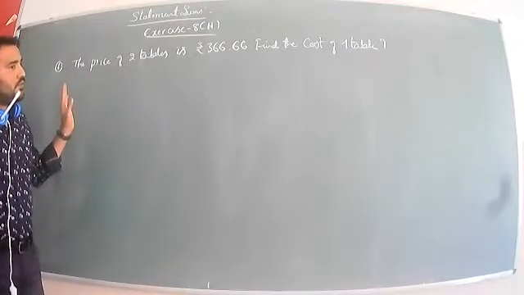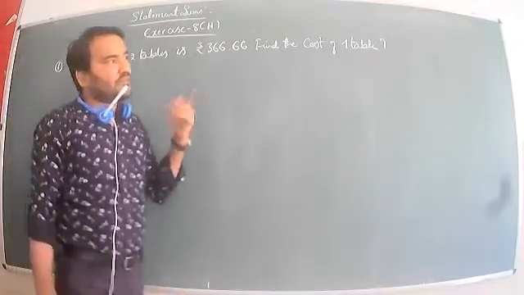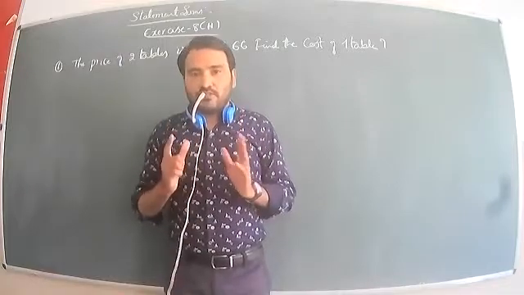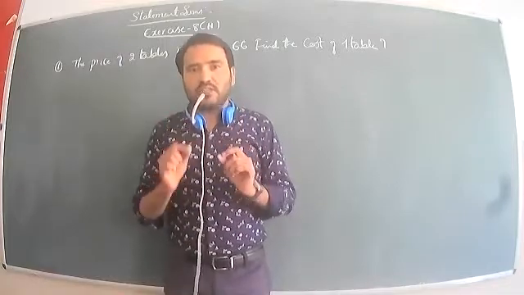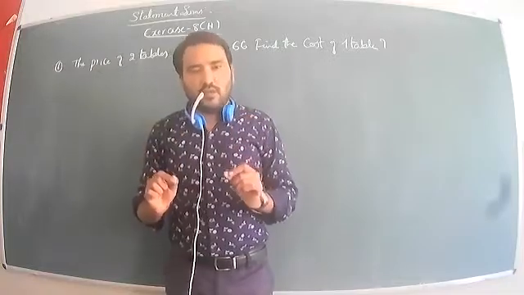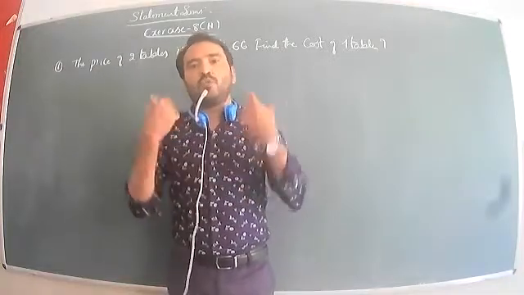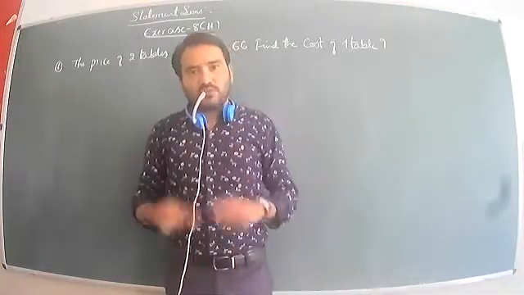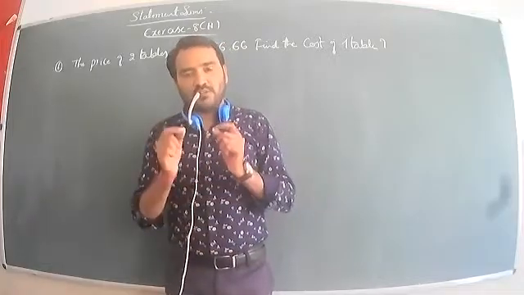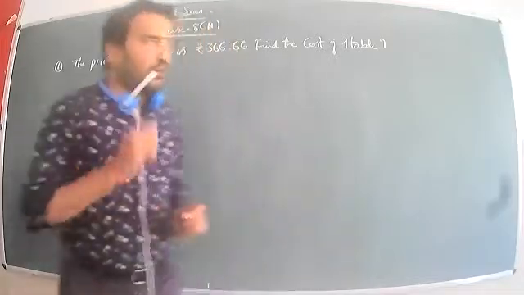Okay, so Guruji, what type of questions are given in the division? We can find out here the cost of one object, the cost of one item. So it is the multiplication one-to-many concept, and this is the reverse process. Here many items are given, so we can find out the cost of one item. Okay, so now look at the board.